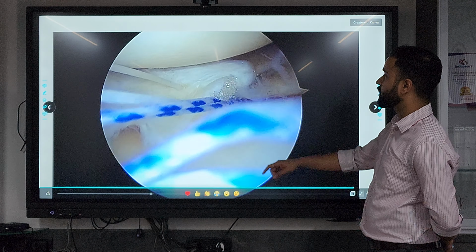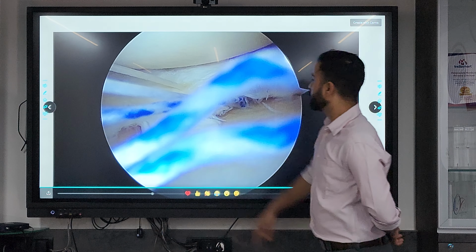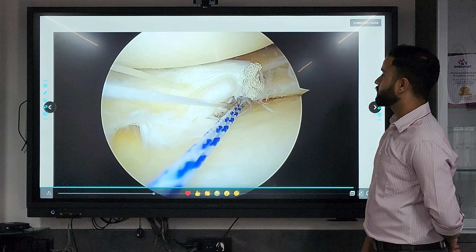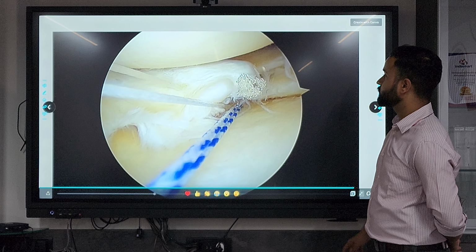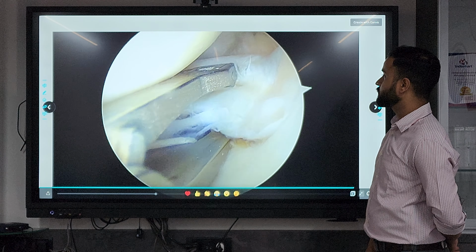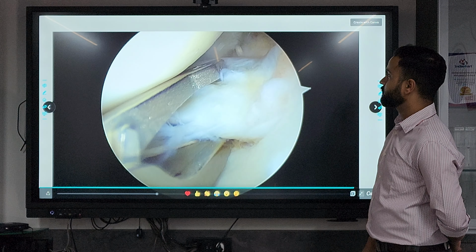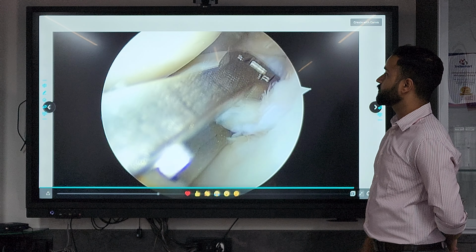As you can see, now this one has been placed. This is on the other side.